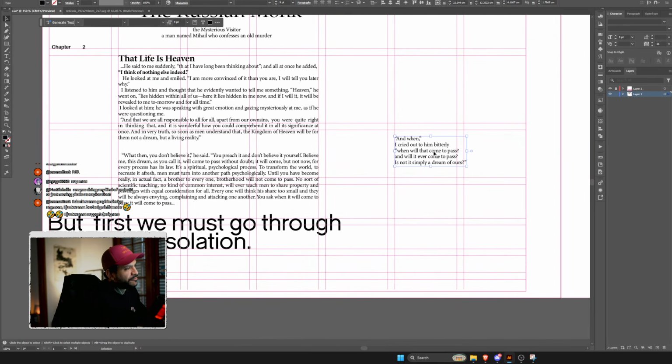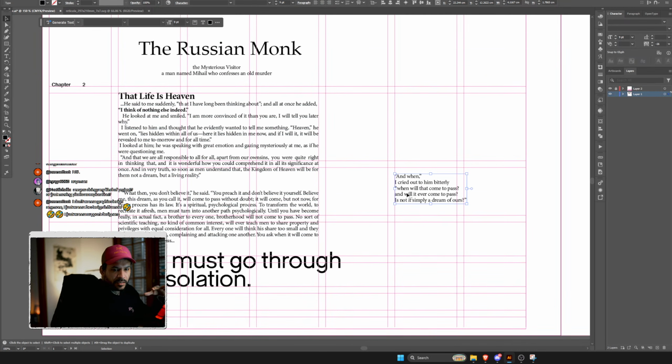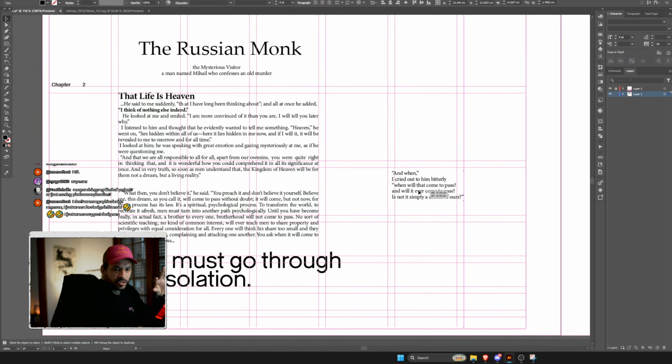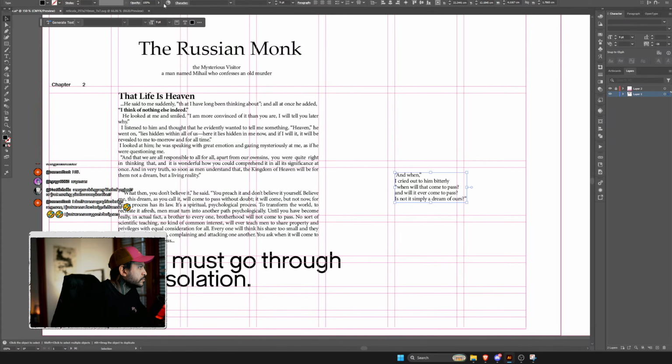Right, maybe I want to give emphasis to this specific part of the text, so I create a different way of pulling out the text just for this. Maybe we'll give this the accent color, you know.